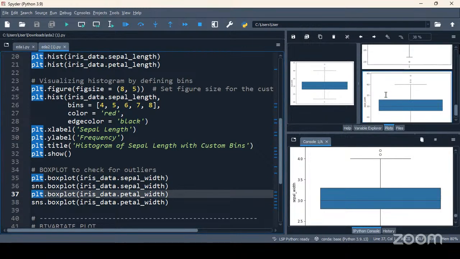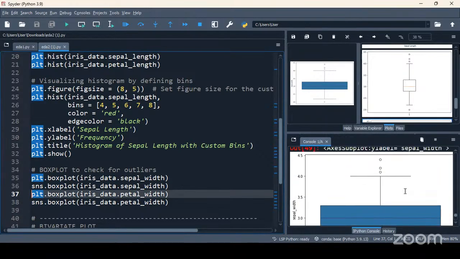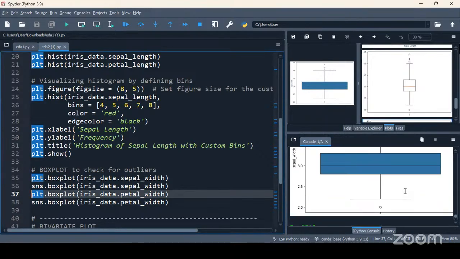Earlier, the box is not shaded. But if I use the box plot function from Seaborn, the box got shaded and it is bulged out. Am I right? Yes. So there are some differences between the basic package and the advanced package. But the purpose is the same for data visualization.